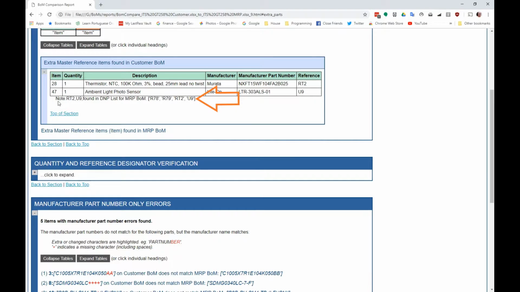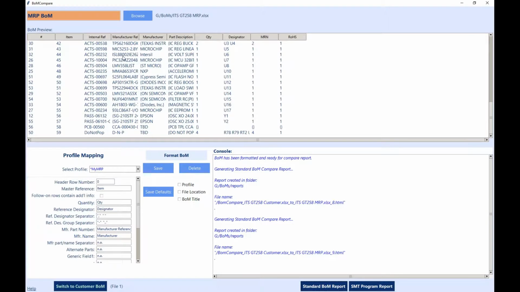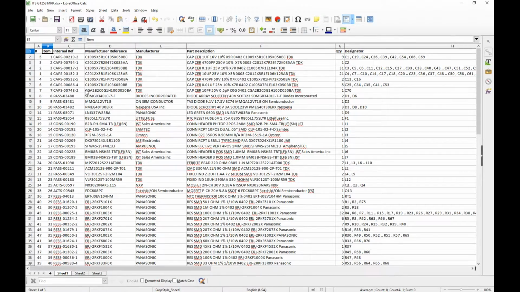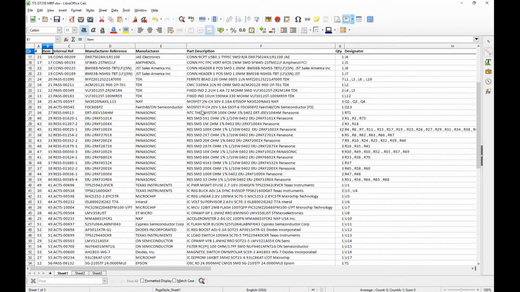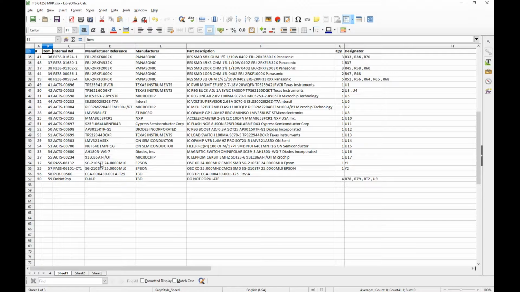Now there's another note here that says RT2 and U9 were found in the DNP list for the MRP BOM, which was R78, 79, RT2, U9. What is that about? Well, we didn't explain this in the previous video, so I'll explain it now. Let's switch over to our BOM setup, and here's where we map the MRP BOM. The MRP BOM is here, and if I scroll down, what is done in our system is we have a